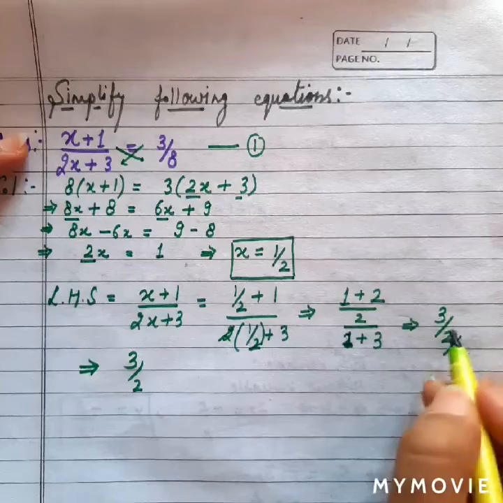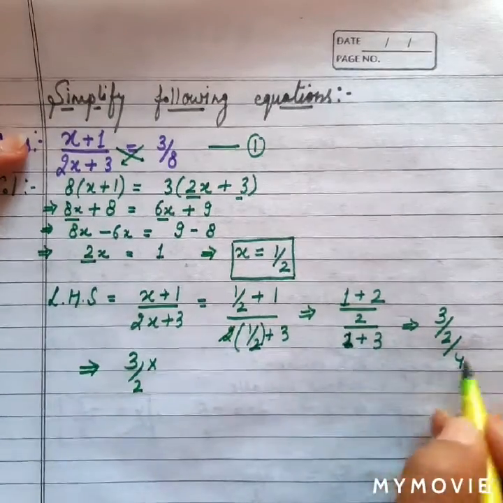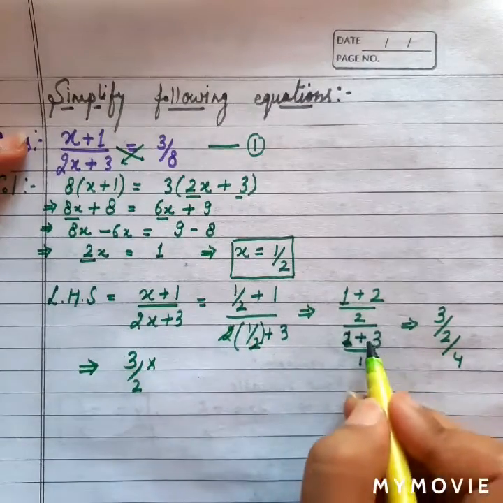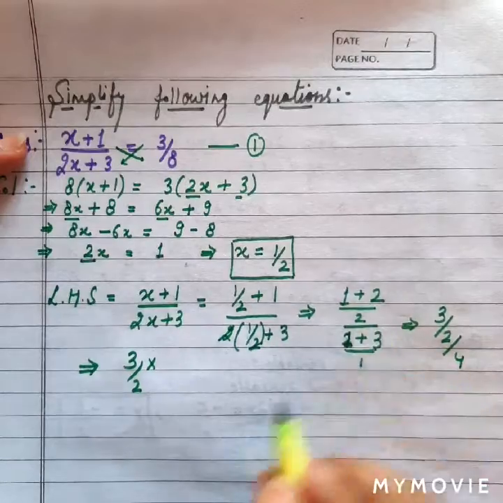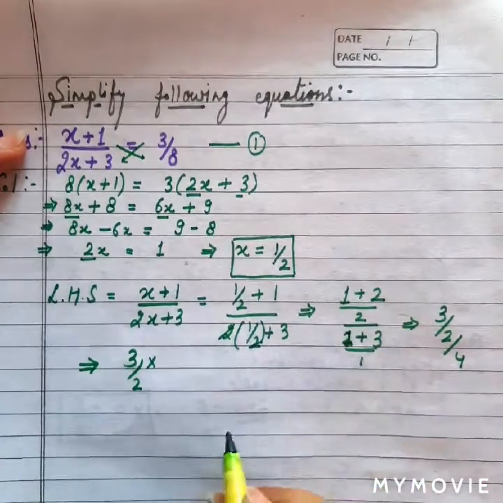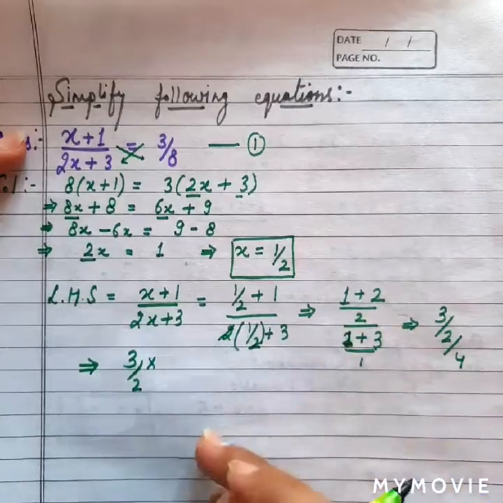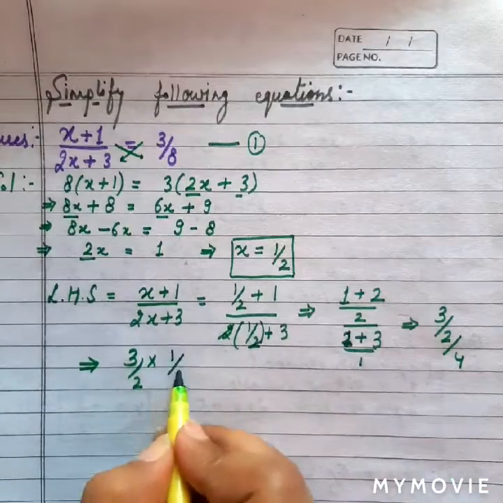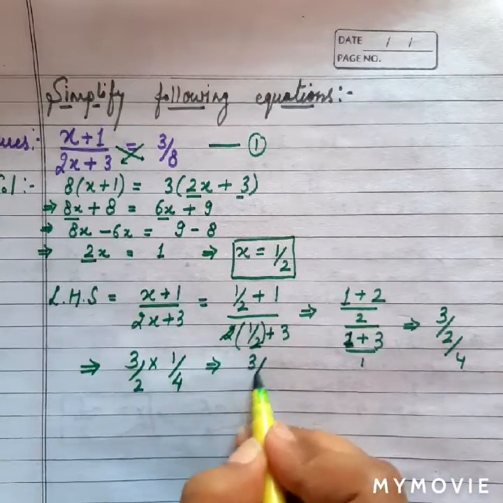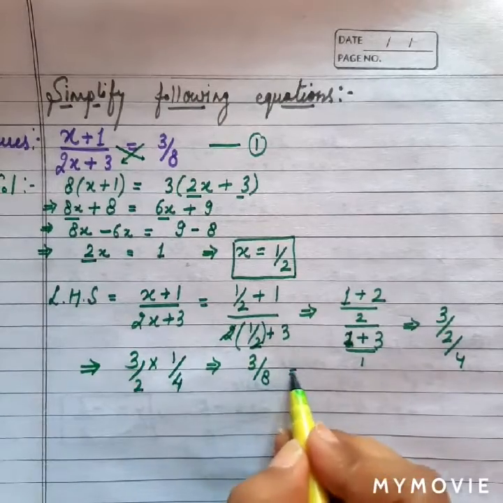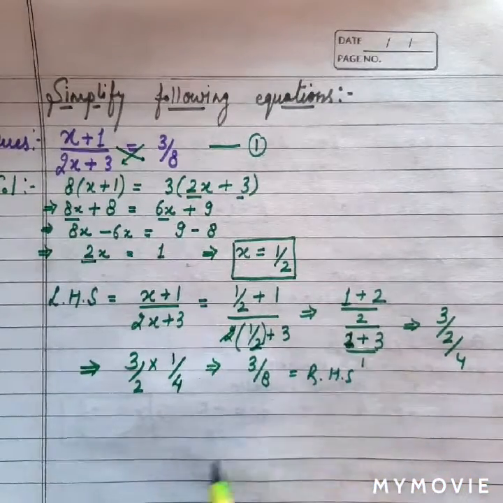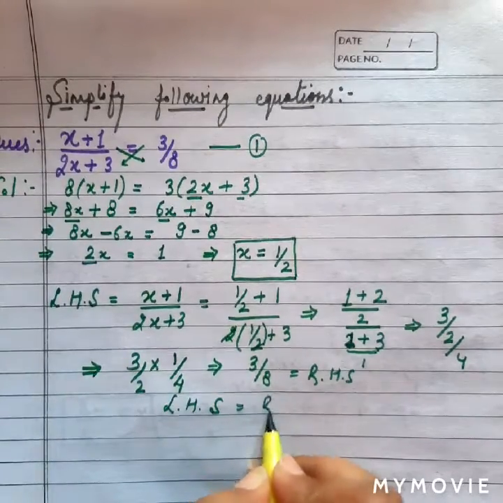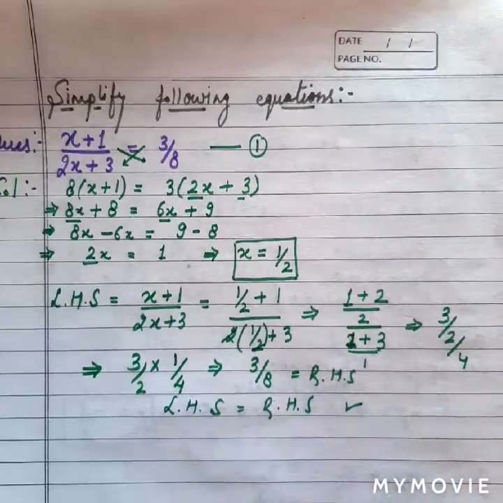When this 4 goes upside, then obviously we know that it will invert itself. So when this term goes with the above terms, then this term gets inverted. So it was 4 upon 1, it will become 1 upon 4, and now we have 3 4 2s are 8, which is equal to right hand side of the equation. So what happens is left hand side has become equal to right hand side, so our answer is correct.